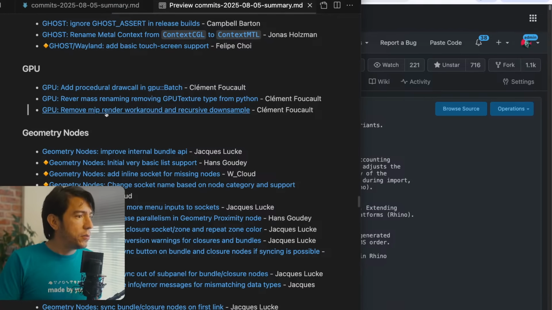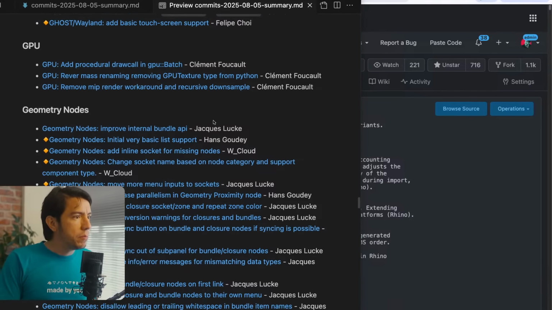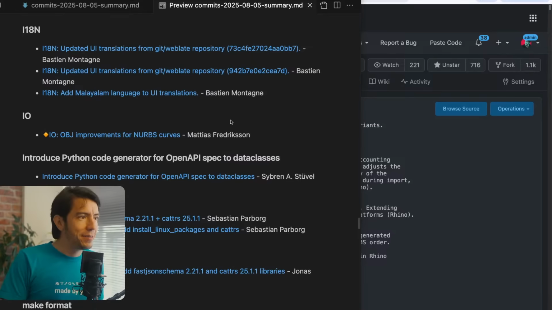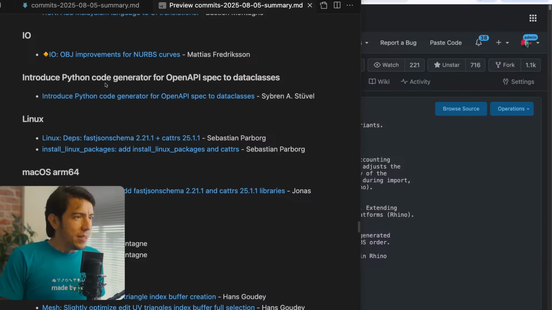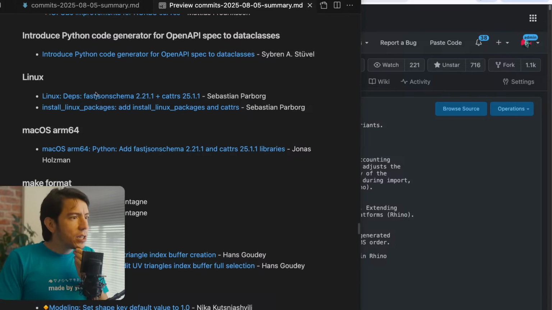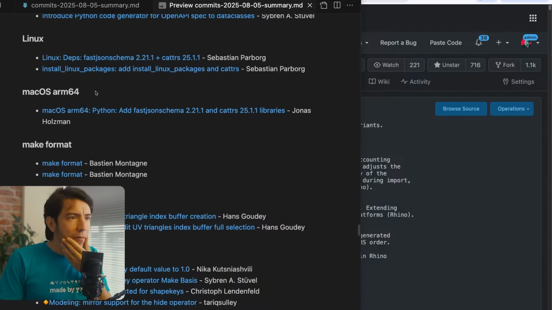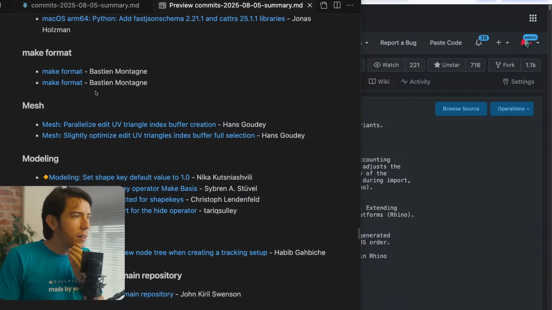Okay, time to make the screen, the font size bigger. What else? We have some Linux changes, library stuff, macOS as well, Mac formats,